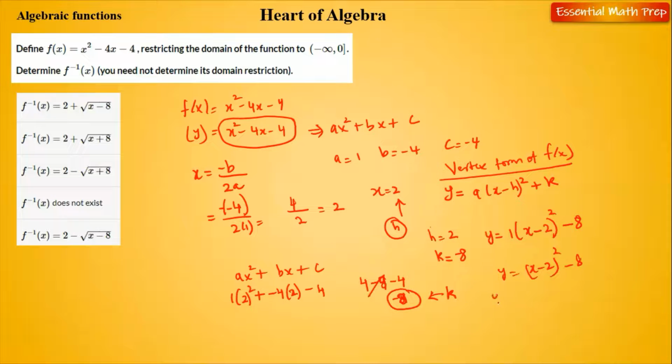Just add 8 on both sides. So y plus 8 equals x minus 2 squared. If you take the square root on both sides, y plus 8 is plus or minus, equals x minus 2. And if you add 2 on both sides, I'm just going to do the rest of the problem here. x equals 2 plus or minus